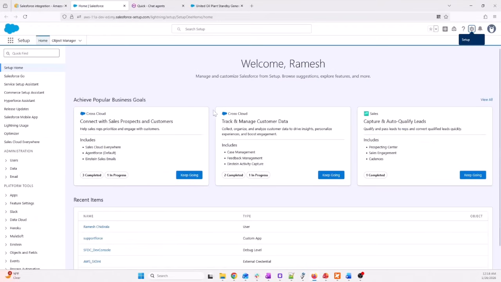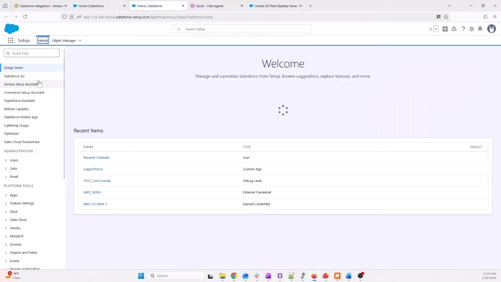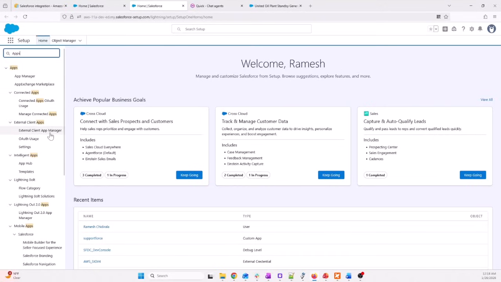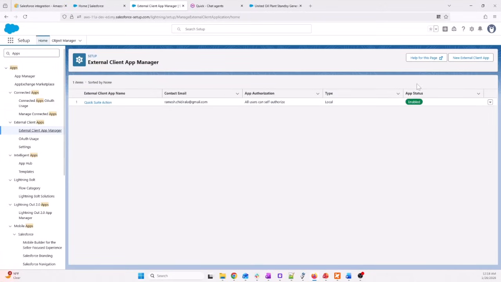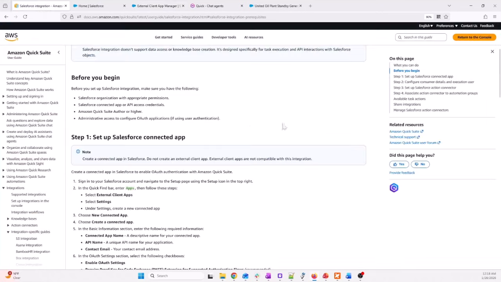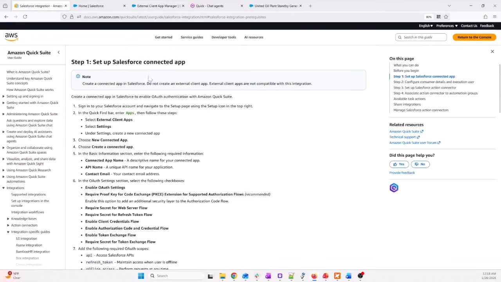Once you are logged into your organization, click on the gear icon and enter the setup page. Enter apps in the quick find search box and navigate to the external client app manager. Here, you can create a new external client app by following the step-by-step instructions in step 1 of the